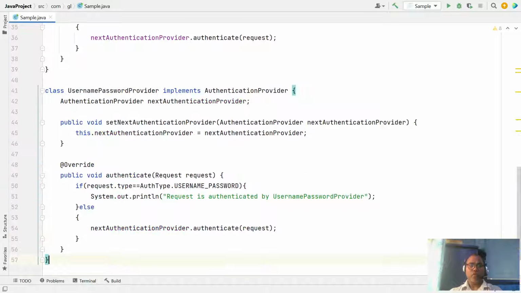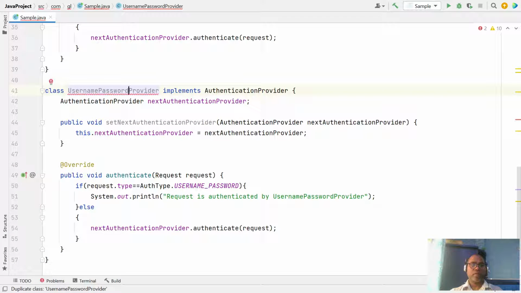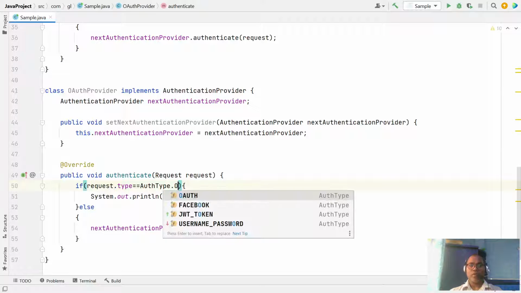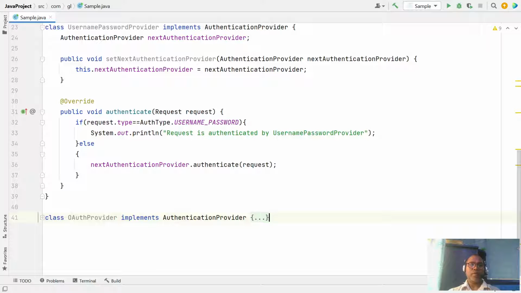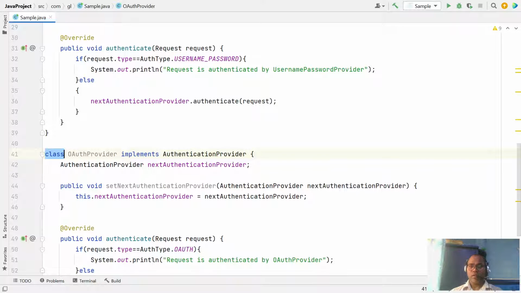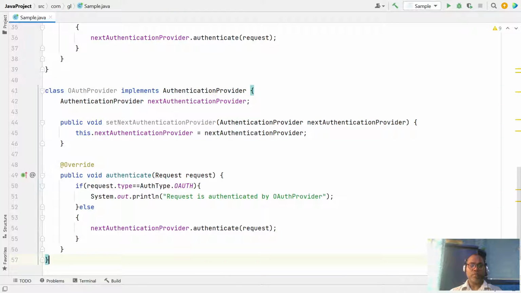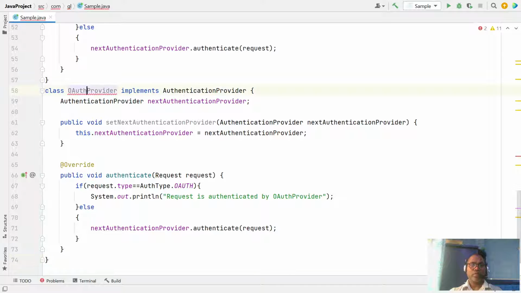Let's say we have an OAuth provider. So OAuth provider, and here if type is OAuth, we can authenticate. Similarly, let's say we have another provider, like we mentioned, a JWT token provider.